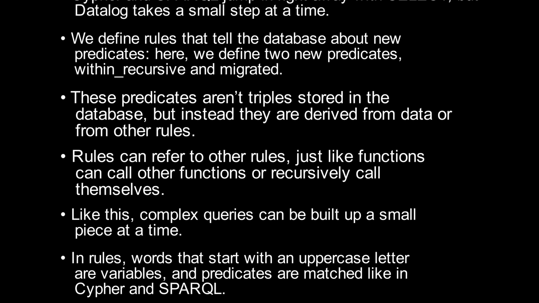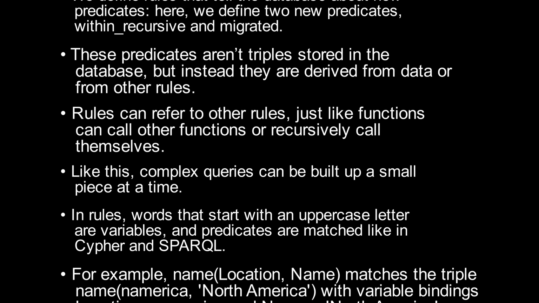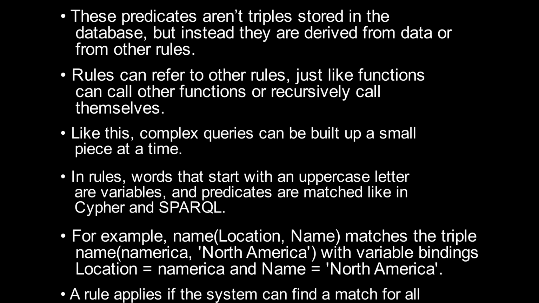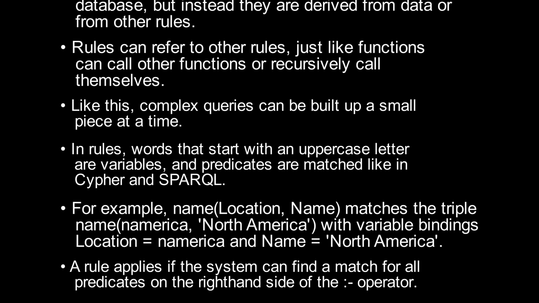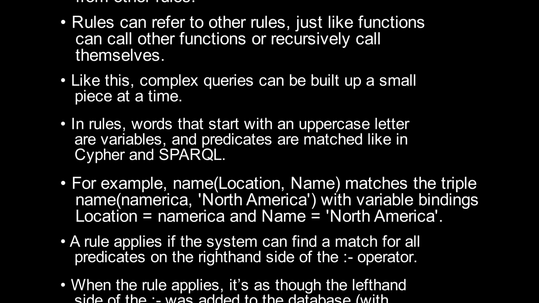Like this, complex queries can be built up a small piece at a time. In rules, words that start with an uppercase letter are variables, and predicates are matched like in Cypher and SPARQL. For example, name(Location, Name) matches the triple name(Namerica, "North America") with variable bindings Location equals Namerica and Name